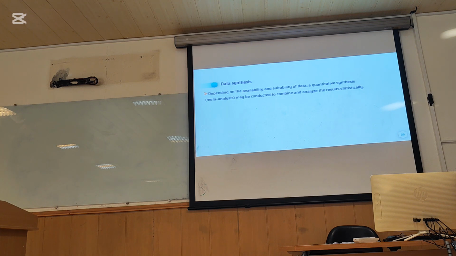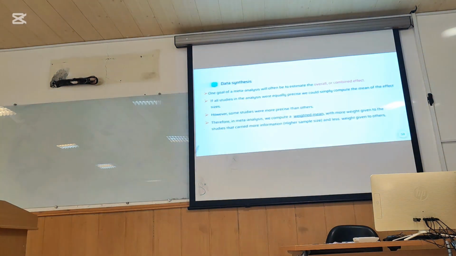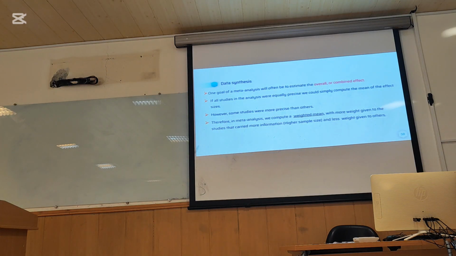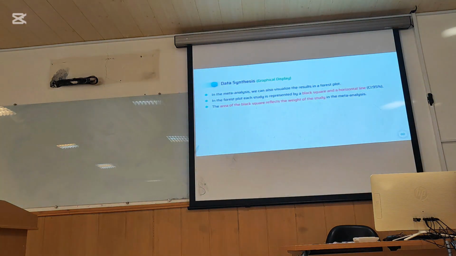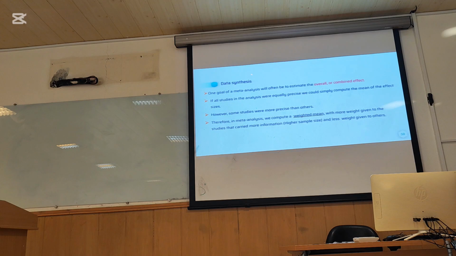It means when we deal with studies that report numbers like odds ratio, relative risk, incidence or prevalence, we can have a meta-analysis. It's a kind of statistical analysis. As you see, the main goal of meta-analysis is to estimate the overall or combined effect, as I said